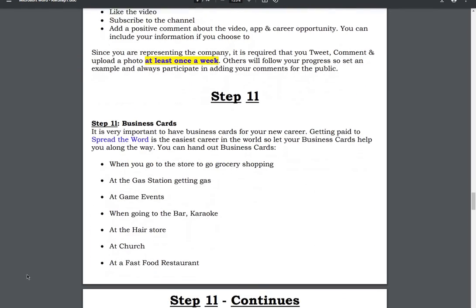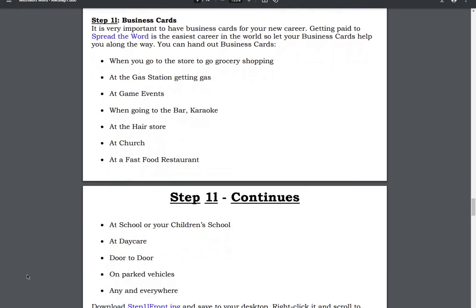Okay, step 1L, business cards. It is very important to have business cards for your new career. Getting paid to spread the word is the easiest career in the world. So let your business cards help you along the way. You can hand out business cards when you're at the grocery store, gas station getting gas, when you go to game events, when you go to the bar, if you go to the bar. They have karaoke night, that'll be fun. At the hair store, when you're picking up some hair or a wig,